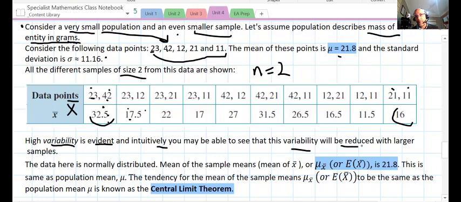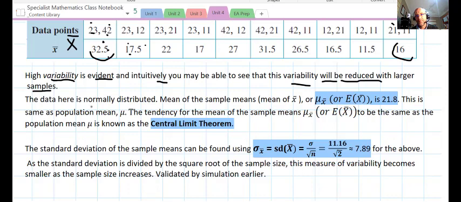Okay, but we probably understand that it will be reduced with larger samples, based on our previous studies and our intuition. So it's okay to use your mathematical intuition. The thing about this data that I haven't told you is that it's actually normally distributed. So the mean of the sample means, so the mean of x bar,